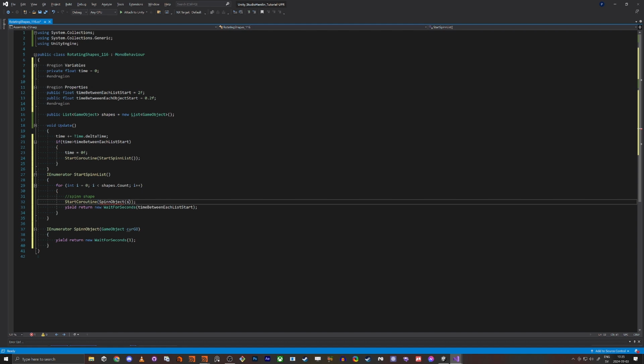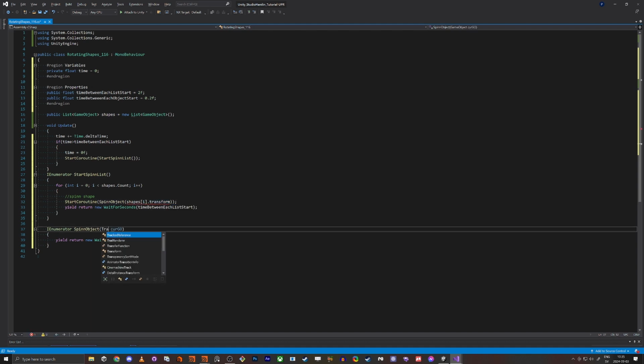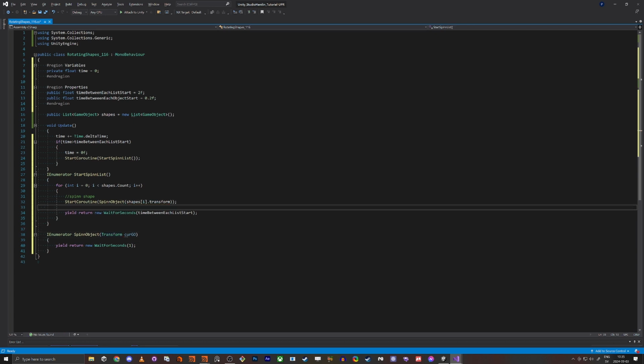And then we just do shapes, and we're going to take the index, and then we're going to go game object like this. Transform, that's what we want. I actually want to do transform. So now in this function, we push in the transform. So we're not gonna have game object, we're gonna do transform. So in this IEnumerator, we're gonna make a for loop again,